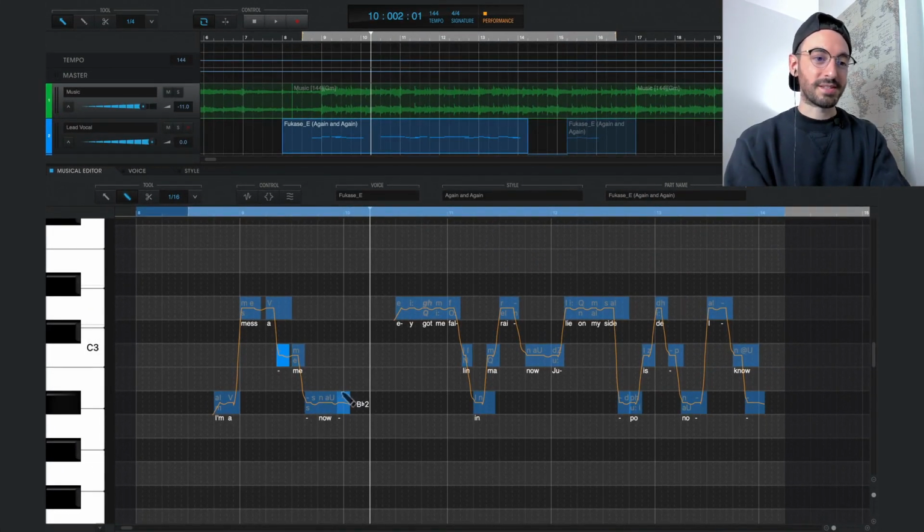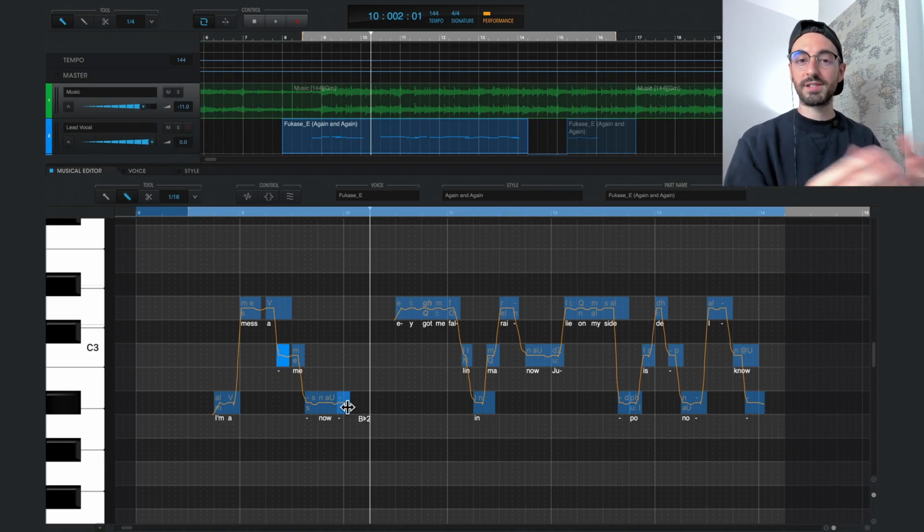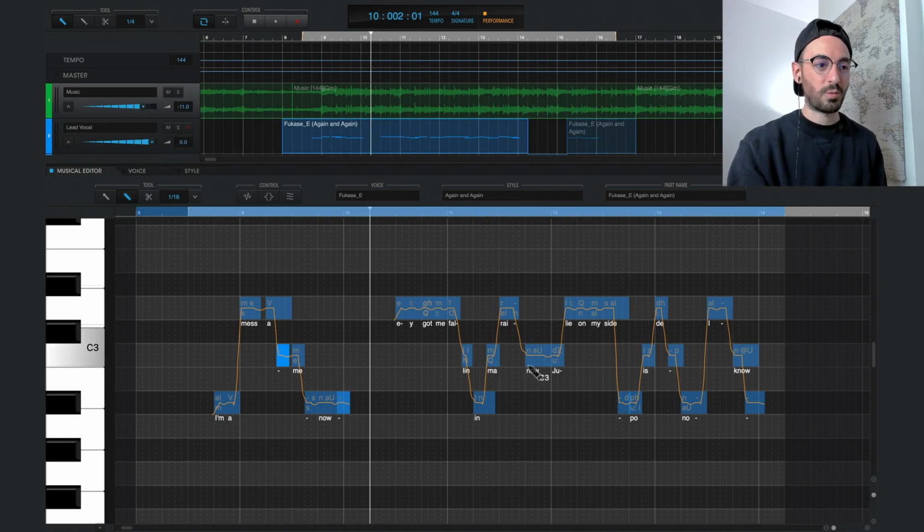And yeah, you can see I draw these in all over the place. Sometimes I have a dash and I'll move it around just to see if it sounds good. If it does, I'll keep it in that place. But there's other places where I have a dash and it's not moving anywhere. That most likely means that I tried it out and it didn't work, so I just kept it where it was. And it didn't change the way it sounds, so I just kept it there. So it's a nice little thing that you could try out. If it works, keep doing it. If it doesn't work, just leave it the way it is. And nobody will ever know.